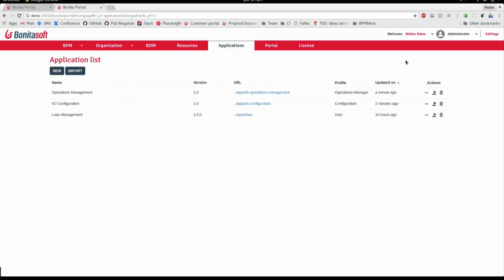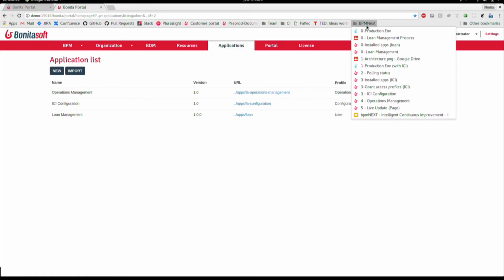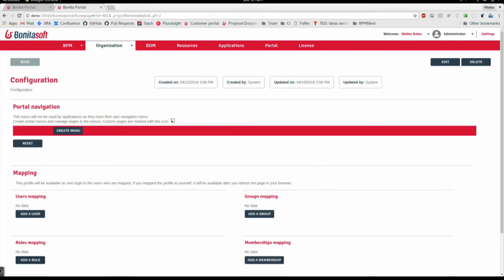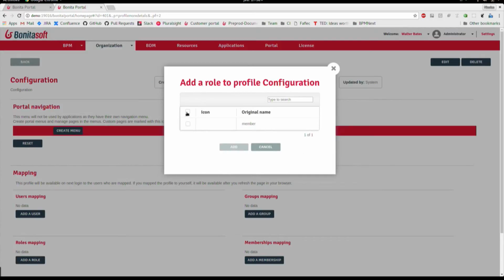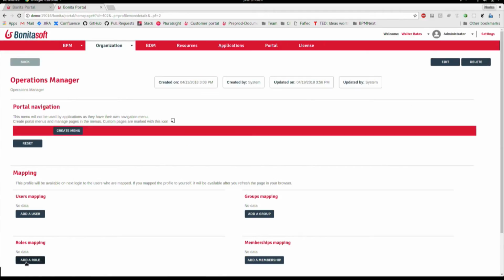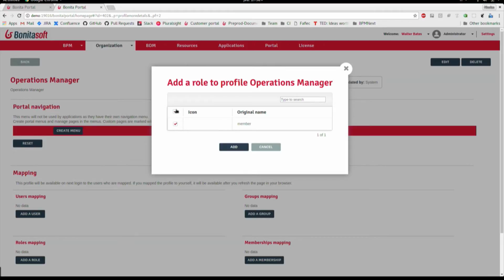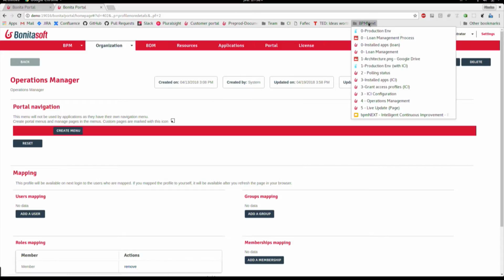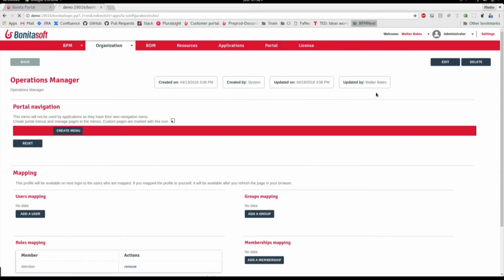First of all, I have to grant access to those new applications to the user I'm currently using. I'm going to do some small configuration and say that every member of the platform can access those applications. This is done through the administrator portal of Bonita, so this is not new. This is old stuff. Okay, so I granted access to my user to these new applications. Now I can go to them